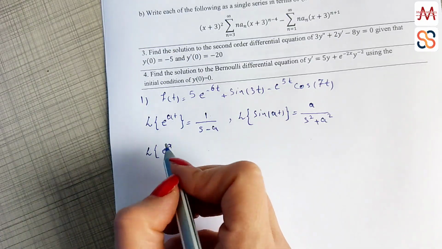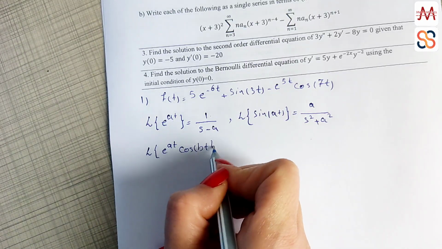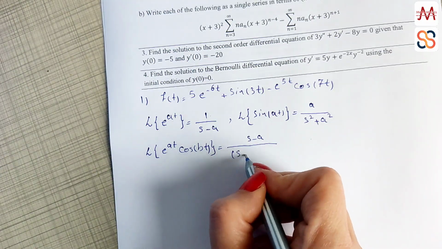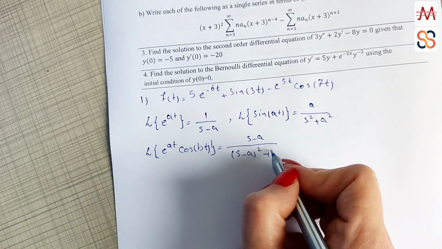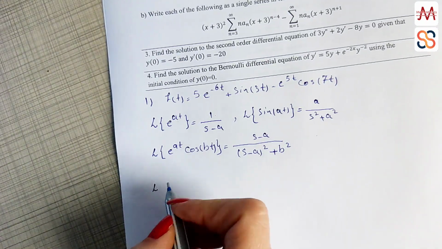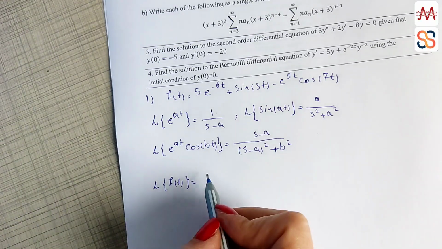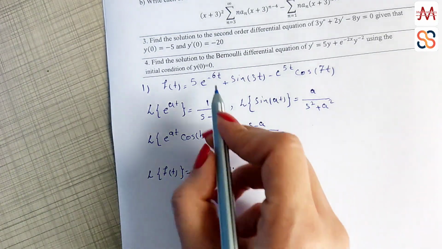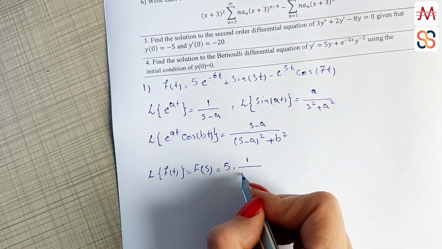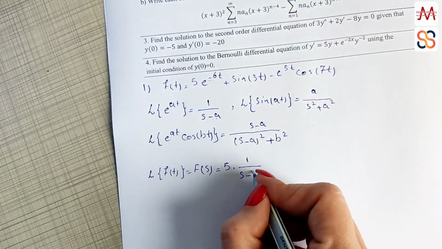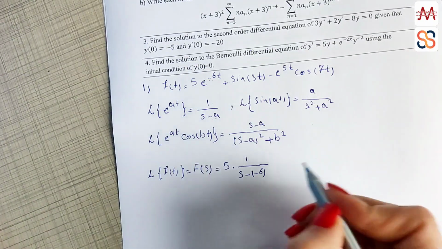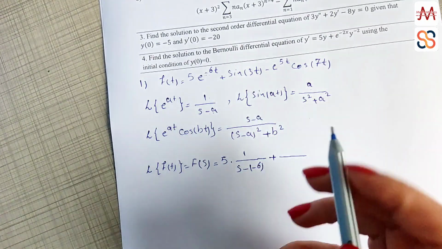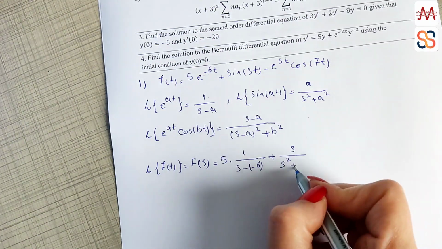If the function is e to the power of at cosine bt, its Laplace transform will be s minus a over s minus a squared plus b squared. Now we can write the Laplace transform of the given function. We can use both notations for the Laplace transform. 5 is a constant. 5 times the Laplace transform of e to the power of minus 6t, that is 1 over s minus 6, plus the Laplace transform of sine 3t, that is 3 over s squared plus 3 squared,